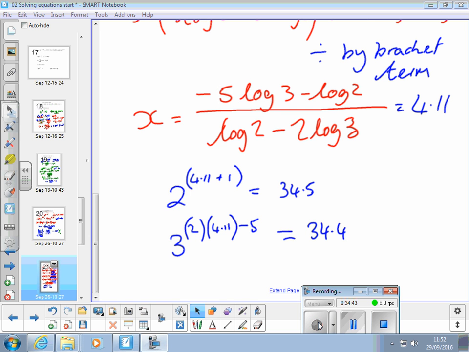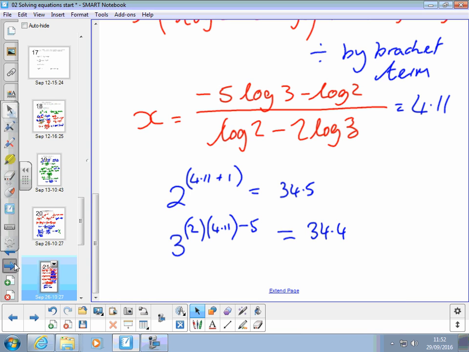So that's plugging the result for x into the two sides of the original indicial equation, and checking that they equal each other. It's a way to check that you've got the right answer. Okay? Now, in your notes,